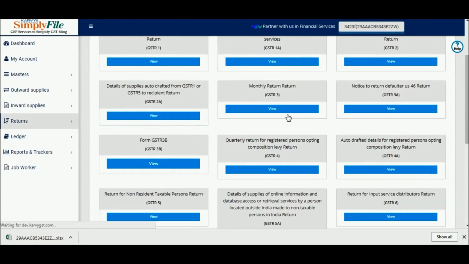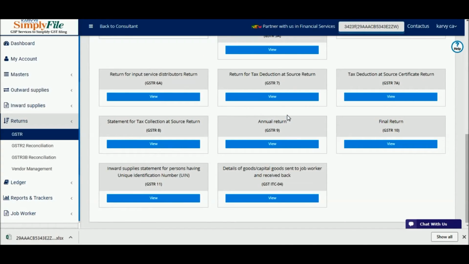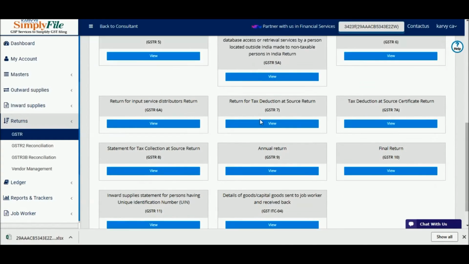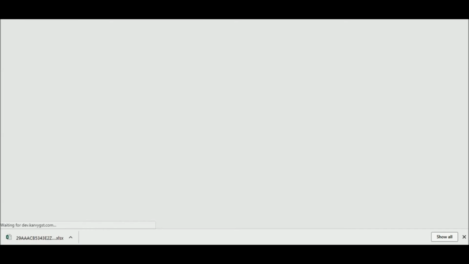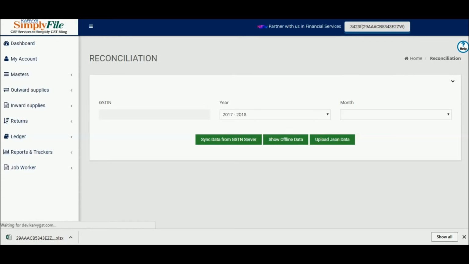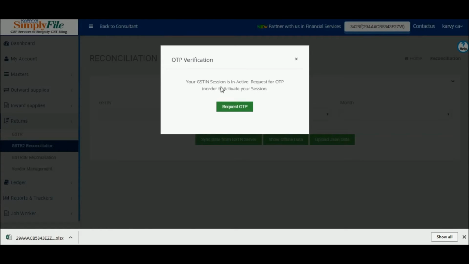All the forms are available and get auto-populated. Then comes reconciliations. You would find GSTR2 and GSTR3B reconciliation, wherein this feature shows the users the possibilities of mismatches invoice by invoice.